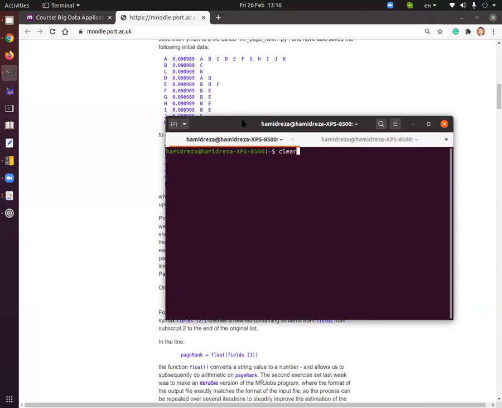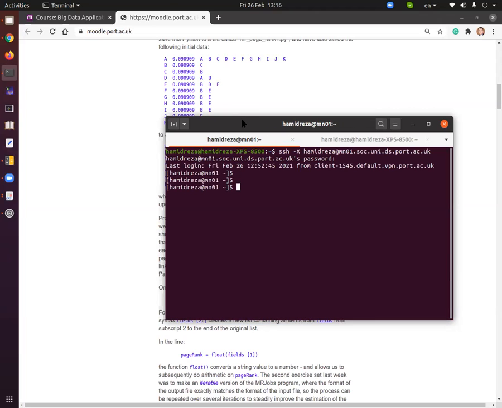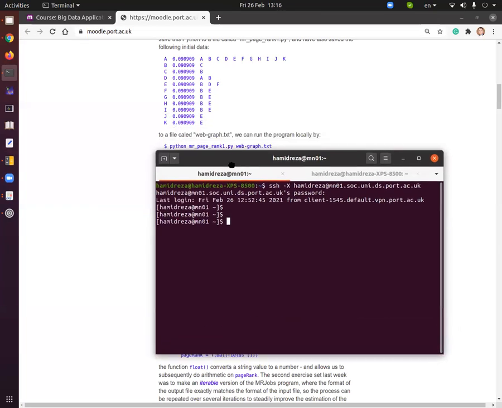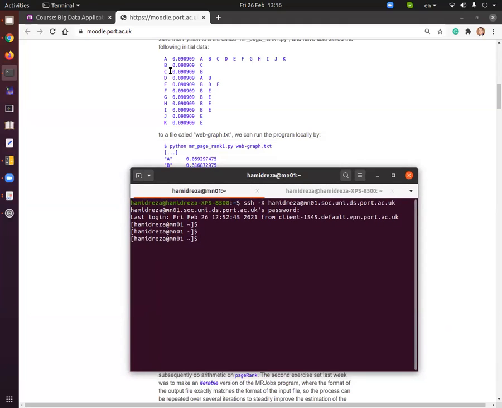You can connect to the server. Then there are two ways to create this text file on the head node, on the cluster. The first way is to connect to the server, and then